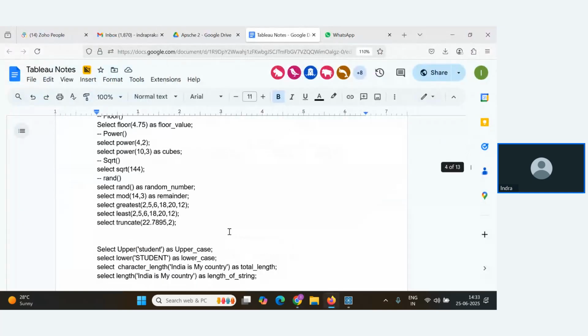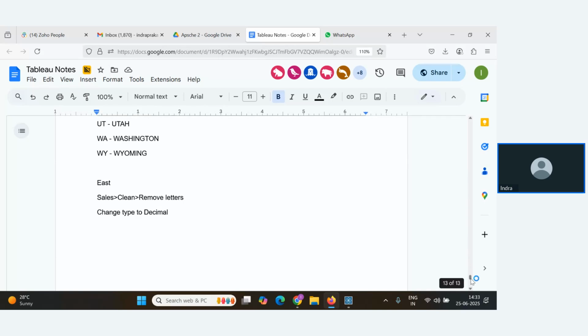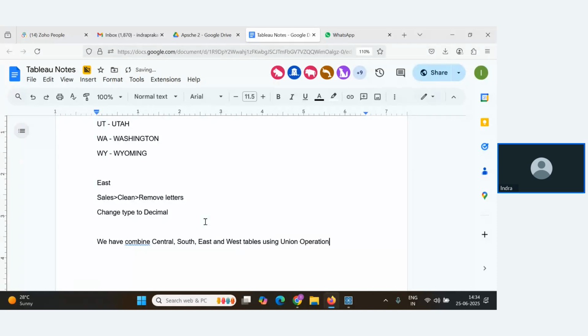So what we have done here, basically, we have combined central, south, east, and west tables using union operation. And in the union table, we have merged the mismatch fields.